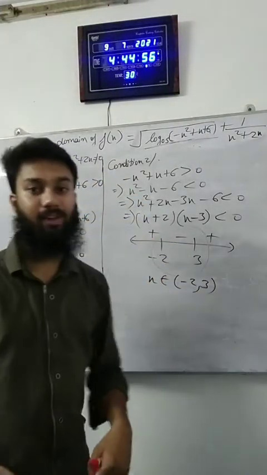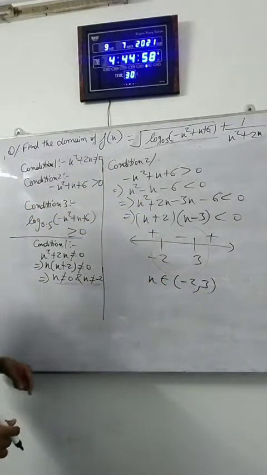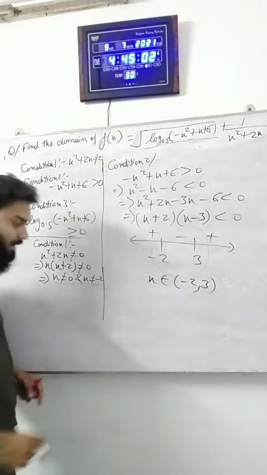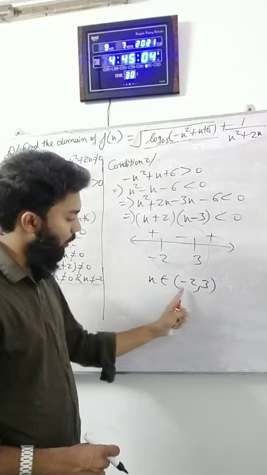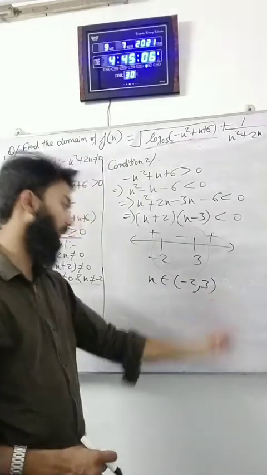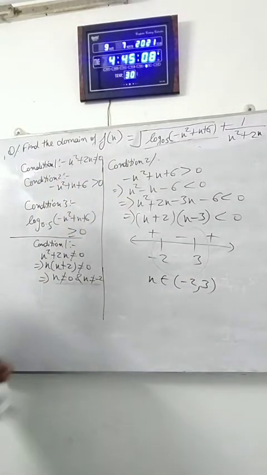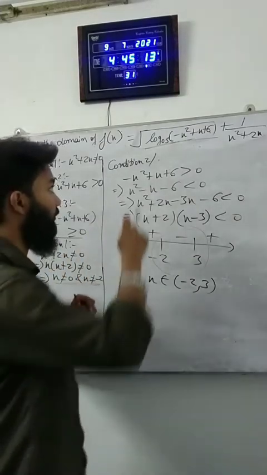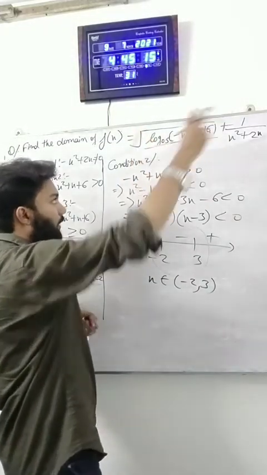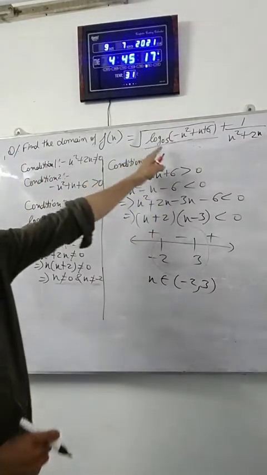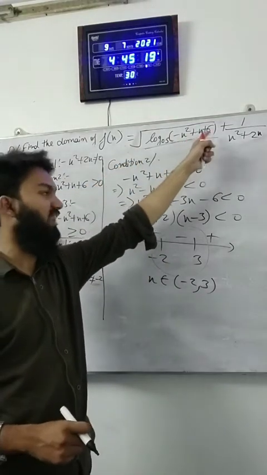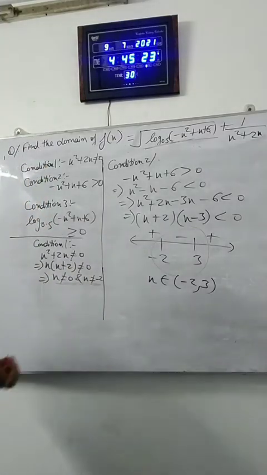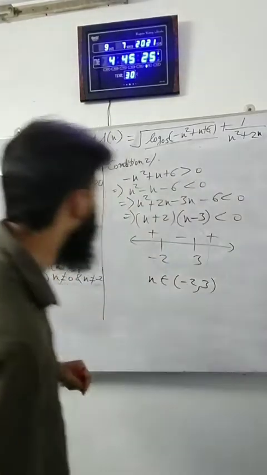We were solving the second one. So till now we have seen that x must not be equal to 0 and minus 2, and x must belong to this set, minus 2 till 3. Now I will be solving for the third and the last condition. The third and last condition was that this square root will be defined if and only if log base 0.5 of minus x square plus x plus 6 is greater than or equal to 0. So I will be solving for that.